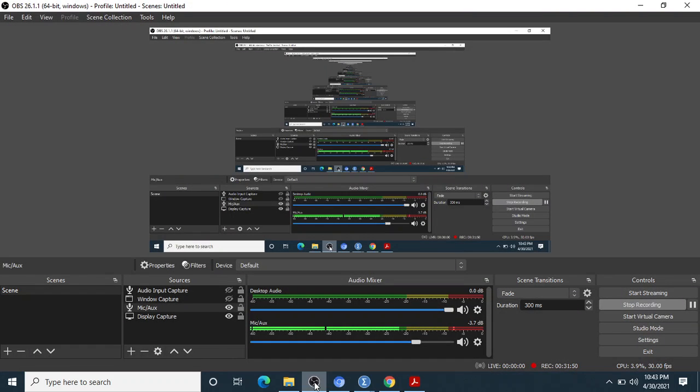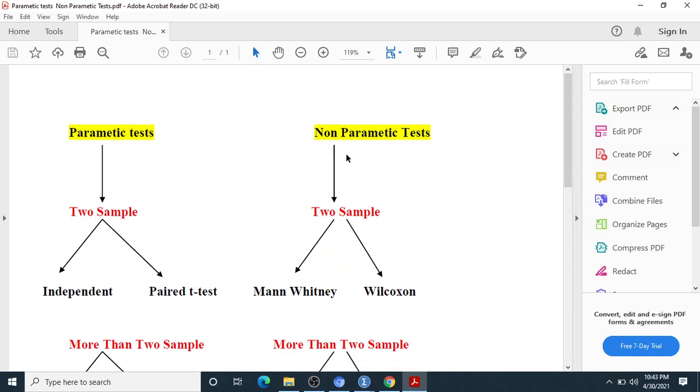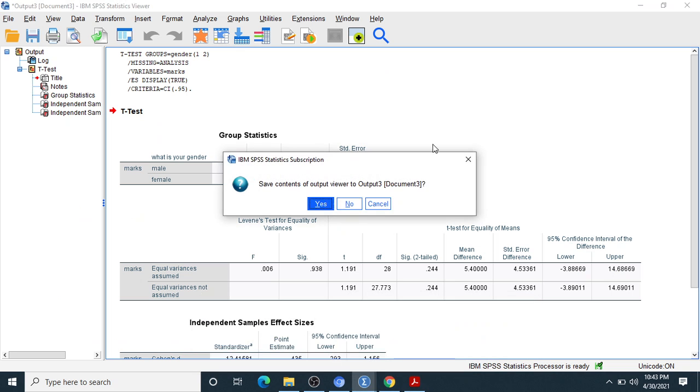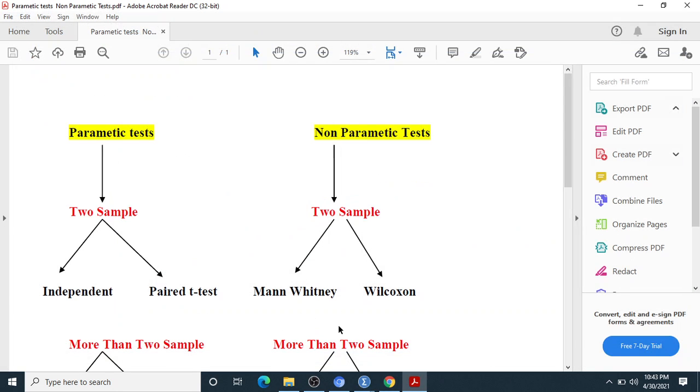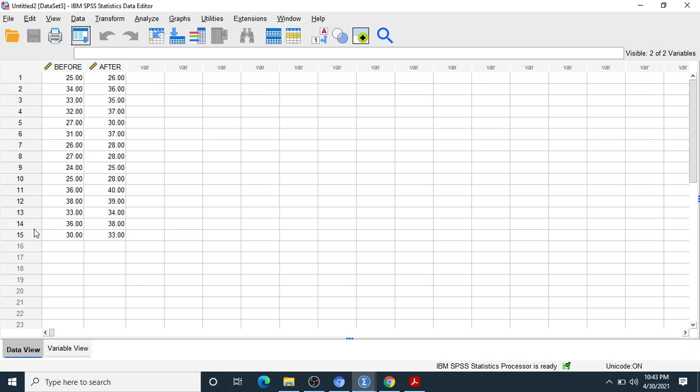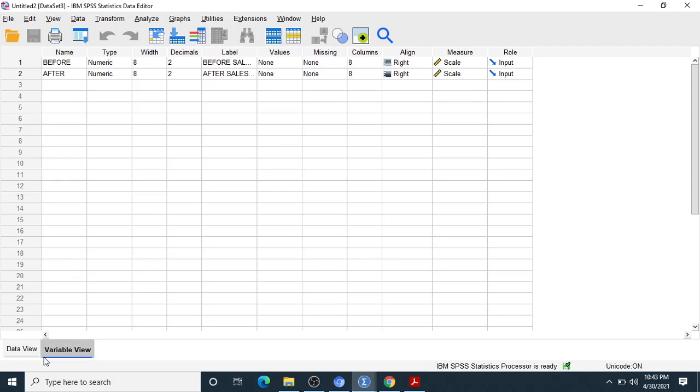The second one, how to work on this. First, this is the table I prepared. This is the variable view and the data view. The before and after results: before sales and after sales promotion.